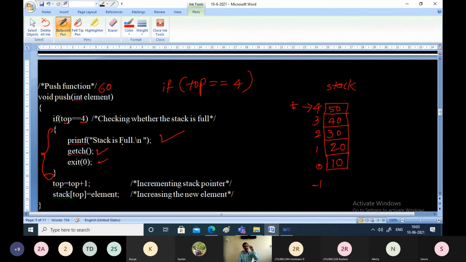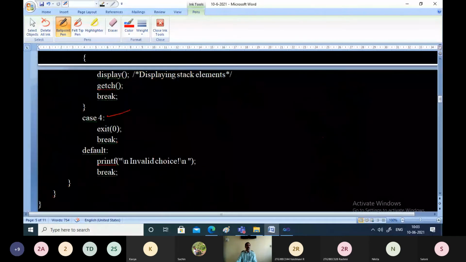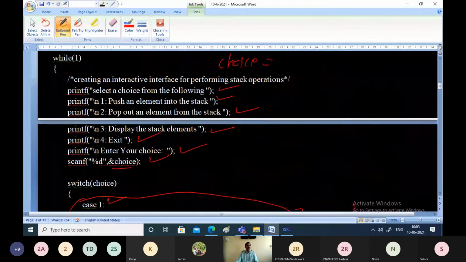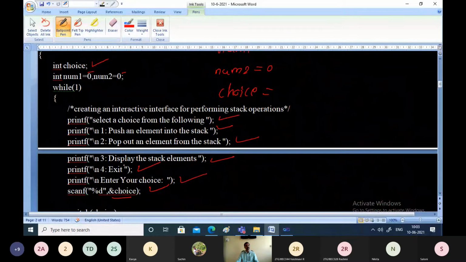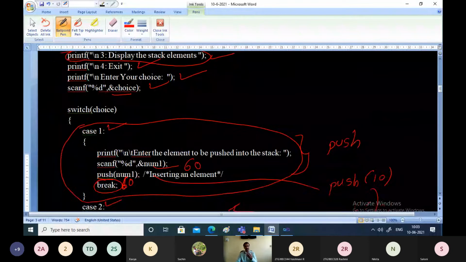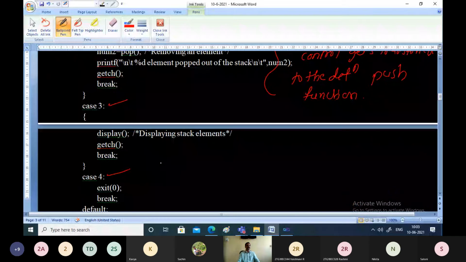What we have done is successfully implemented different push operations onto the stack, and we have also checked the overflow condition, the full condition, of the stack. Now control will go back to the main function once again, break will execute, and again all these choices will be displayed to the user. Before we go for pop, let us display all the elements of the stack, because some elements are available.